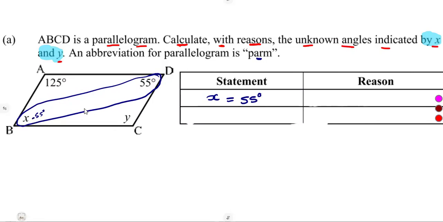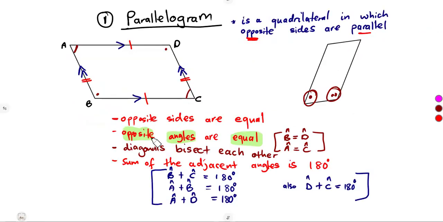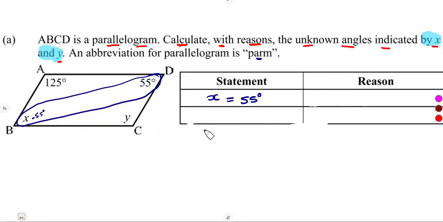So where are we taking it from? We did not take it from nowhere, guys. We took this from the property of the parallelogram. That is what we know about this shape. It is its own property. So that is the reason. Don't just take this answer from nowhere. The reason is because we know opposite angles